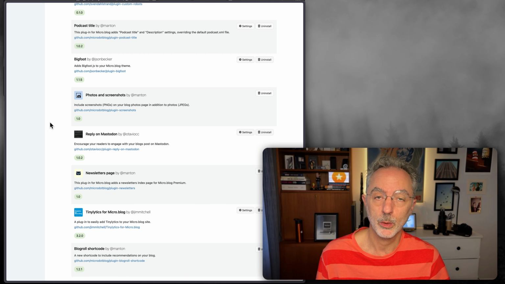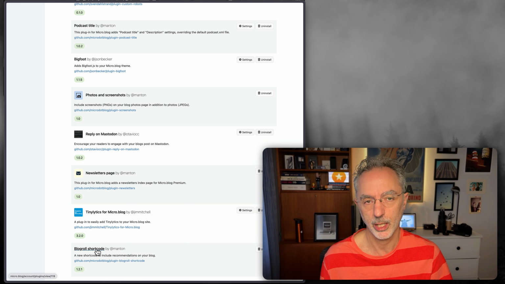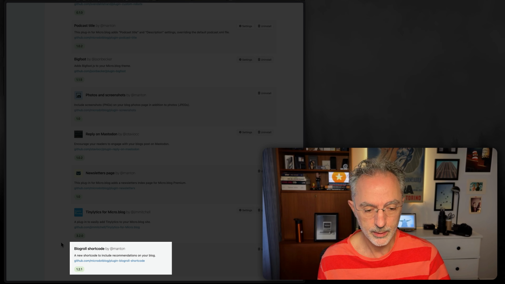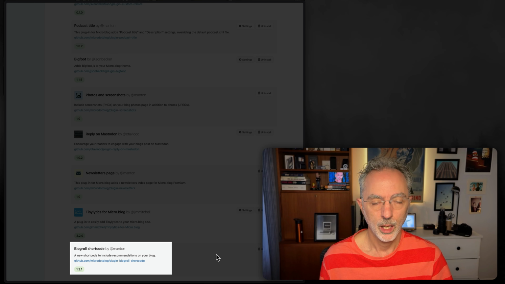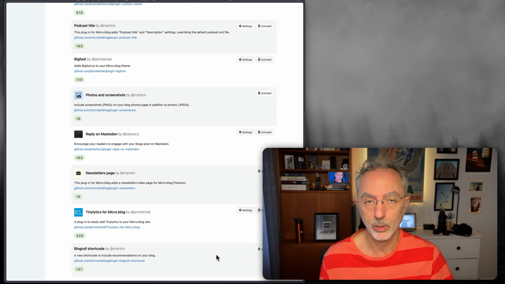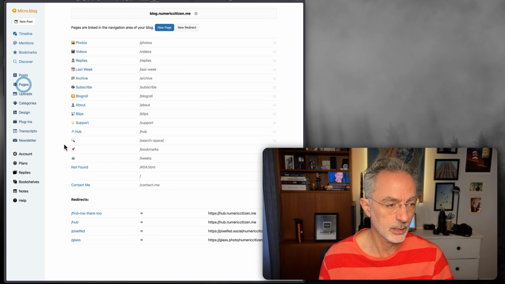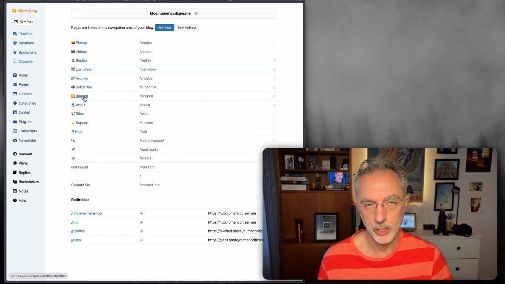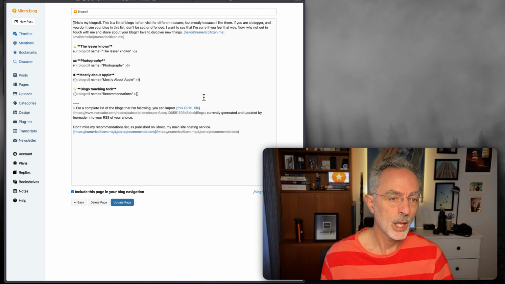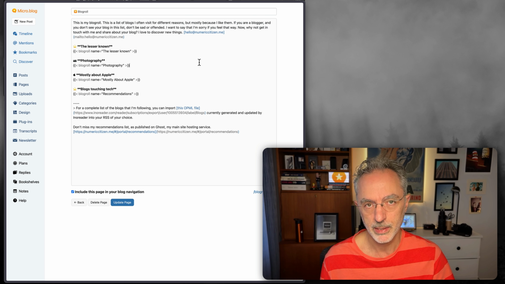In order to display one of your blogrolls, the first thing that you have to do is install a new plugin, which is this one here, the blogroll shortcode. And once it is installed, there is no setting by itself. It will allow you to use a shortcode within a post or within a page on your blog. So let's see, I go in the Pages section here, and I click on a new page that I have created. And so you can, as usual, start with some text,